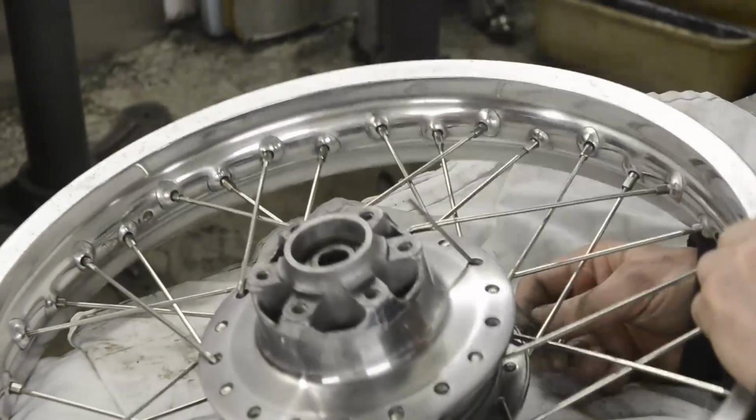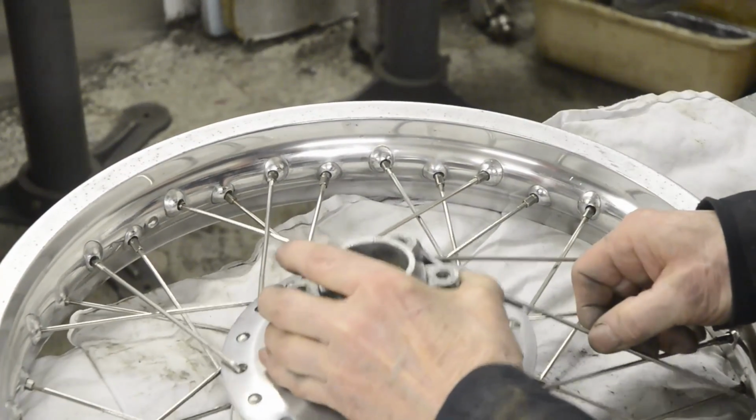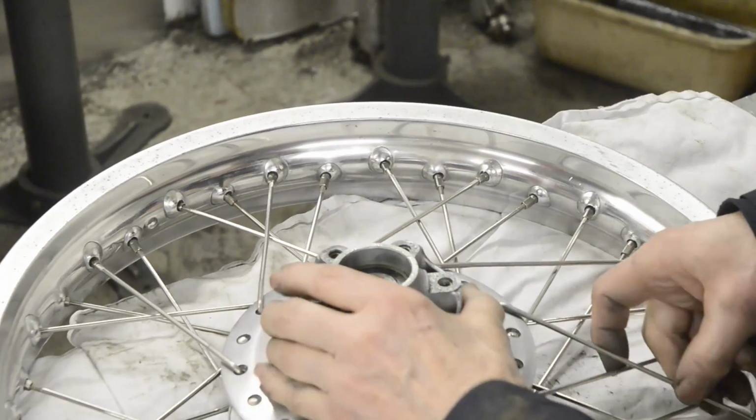Your rim won't be perfect, so I'm going to actually show you two different ways to true it. One is, if you like, the